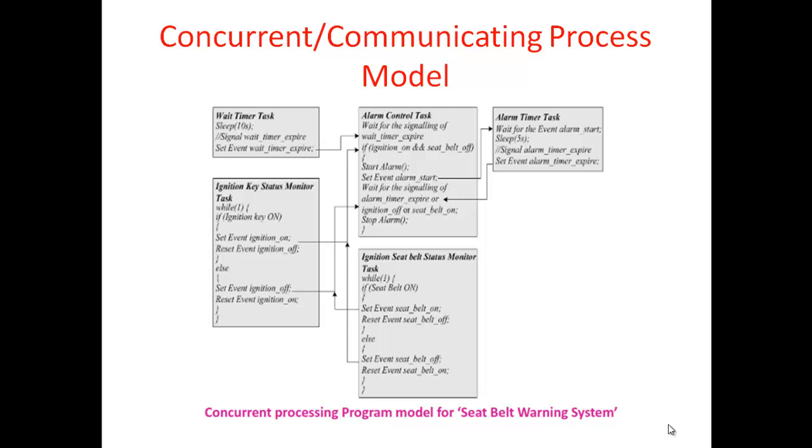A seat belt warning system is in cars nowadays. When you are not wearing the seat belt, I can even make the ignition itself go off. So I will wait for the person to put on the seat belt, because once he gets inside the car, I have to give some time. Then I will see whether he has worn the seat belt, then I will give an alarm. If he is not taking note of my alarm, then I will do something with my ignition.